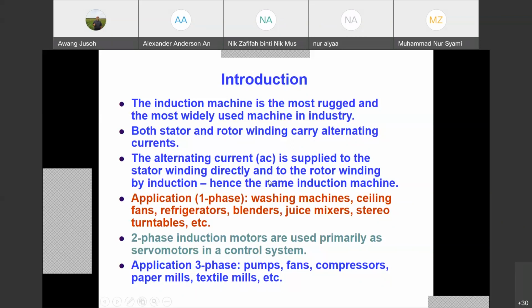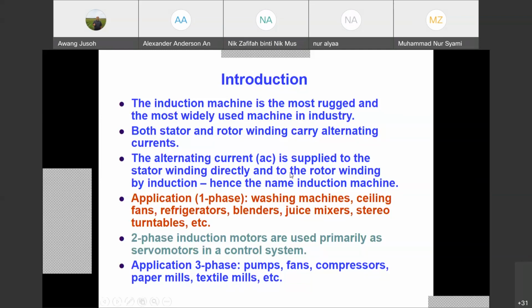In a DC motor we have a carbon brush and the commutator, so we can directly supply current to the rotor. But for this machine, we don't have that kind of facility. So the voltage is applied to the rotor part by induction. This is Faraday's law, Faraday magnetic induction. When the flux is produced in the stator part, this rotating flux will cut the rotor conductor. It produces voltage, and then because of the structure of the rotor, it produces current.